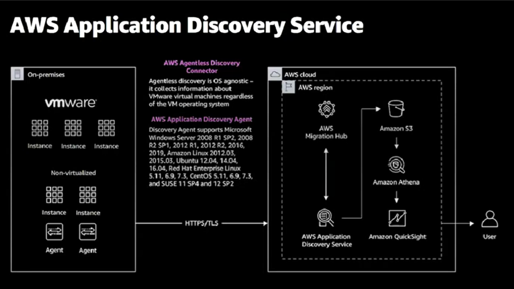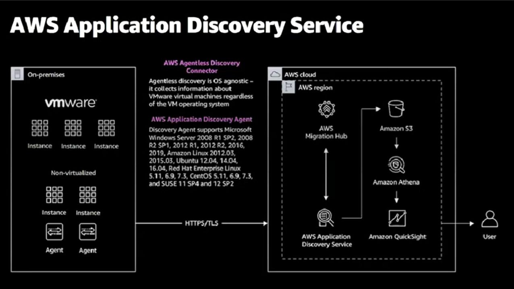The second type is the AWS Discovery Agent. We support physical servers such as Windows Server, Linux servers such as Ubuntu, Red Hat, CentOS, SUSE OS, different types. Through the agent and agentless methods, we can collect all the virtual and physical servers' information, configuration files,